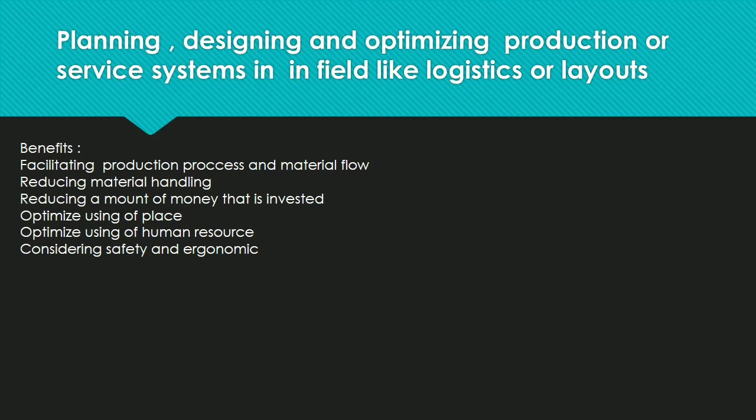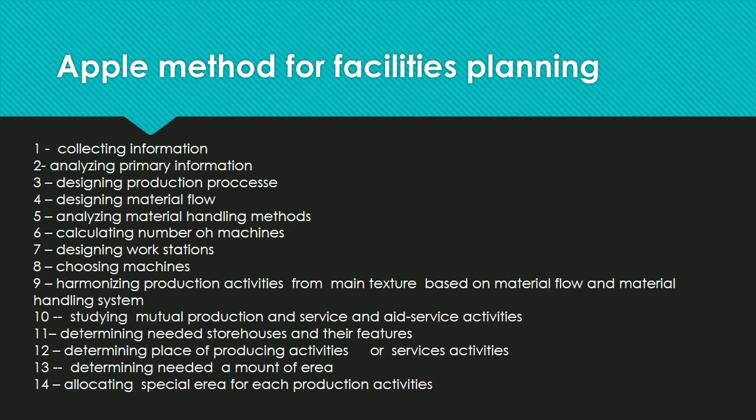One of the most popular methods here is the Apple method, which has 20 steps. I'm going to talk about them. The first is collecting information, and then analyzing primary information, designing production processes, designing material flow, analyzing material handling methods, calculating the number of machines, designing workstations, choosing machines, harmonizing production activities, studying mutual production, determining needed storehouses, and